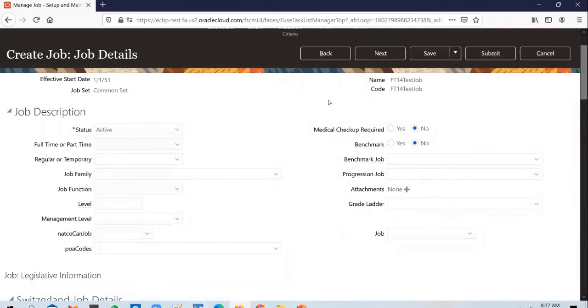Apart from these 15-20 fields that Oracle has given by default, the client wants to capture some additional information on the job. Let's say, for example, on every job that is created in the application, the client wants to store a combination of a country and a city so that we can identify where that job is valid, or in what location the job is valid for. Just a hypothetical scenario.